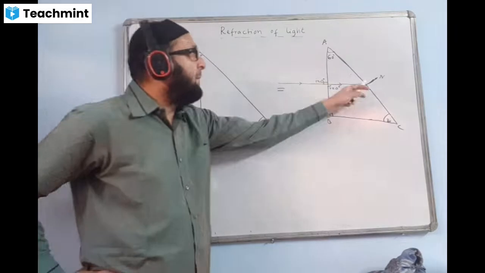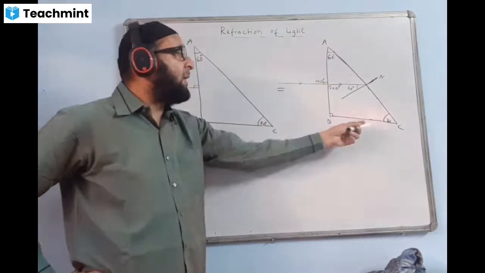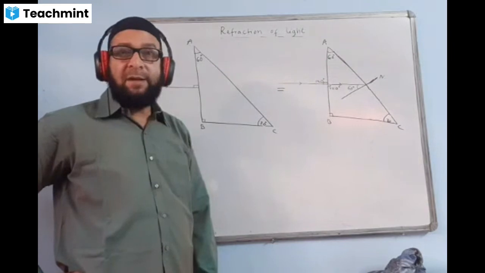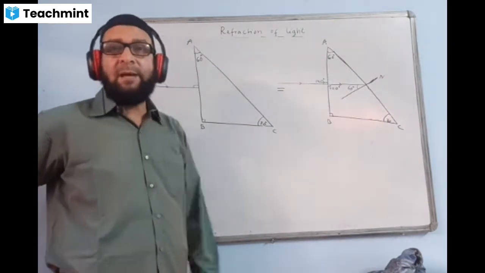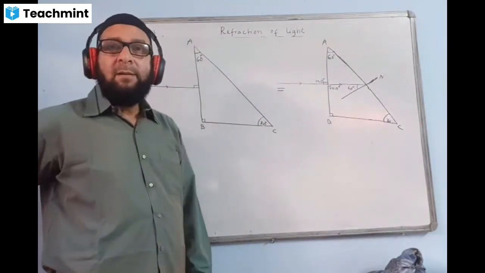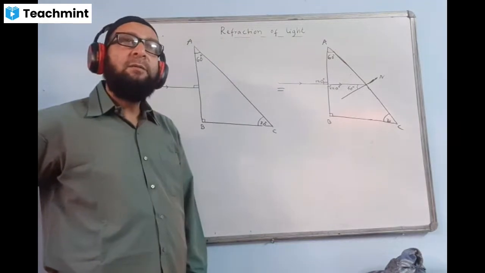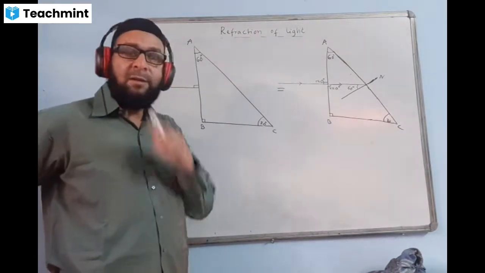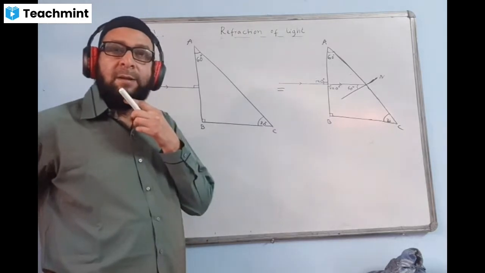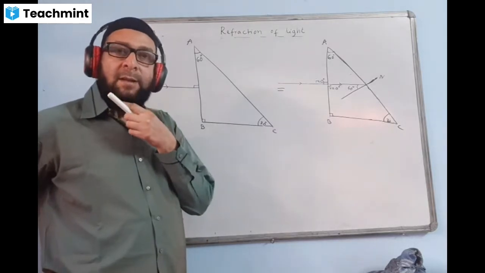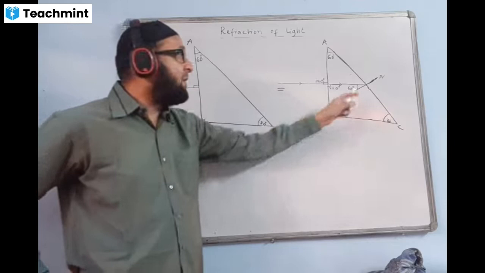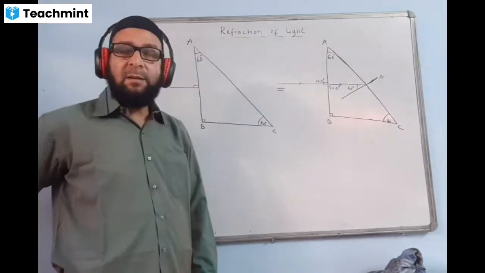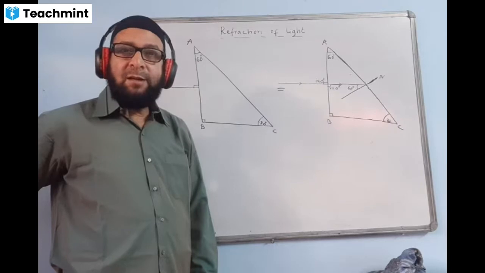This ray will be turning and making what angle? Like in the previous case, it was making an angle of 90 degrees. That is, it was normally incident, so it went straight. But now in this case, how much angle will it make? Please calculate and tell me. Yeah, 30. Who said 30? Tell me the angle which this ray is going to make with this line BC. Okay, with the side BC. Who said? Oshik.